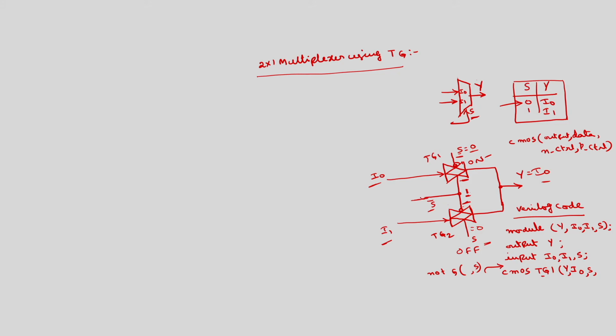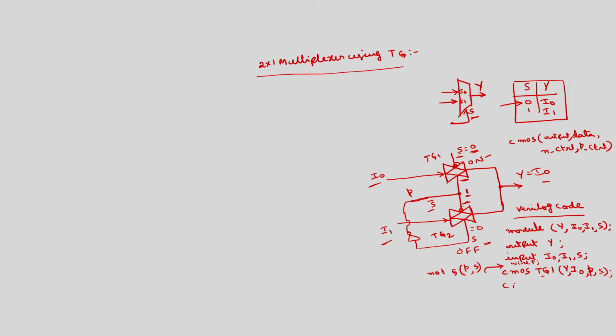This S, we have a NOT gate, so this also you have to define as a wire, which we can call as some P say. So, P also you have to define as a wire. So, you can write here for N control is S bar which is equal to P, P control is S. What is this P? How obtained here? NOT gate output is P which is S bar.